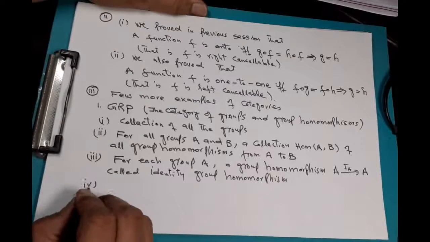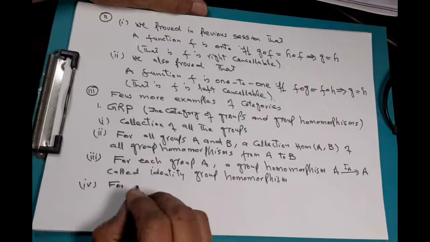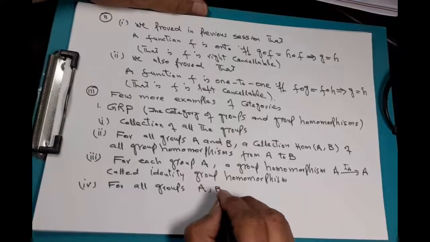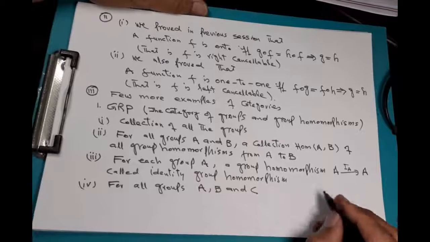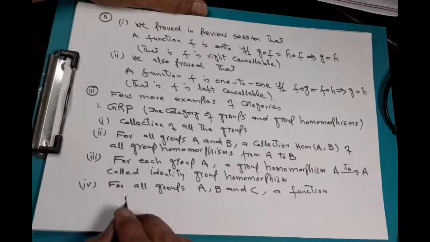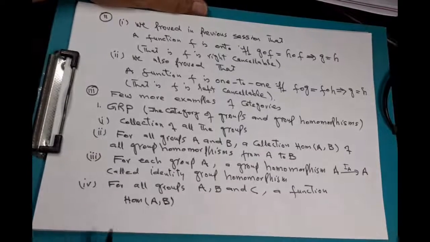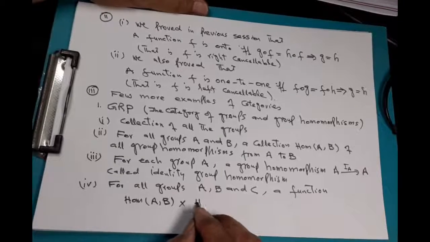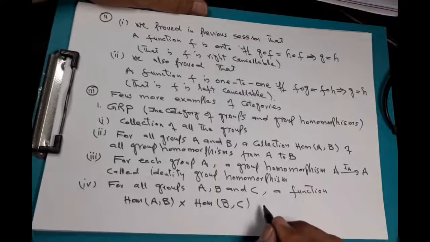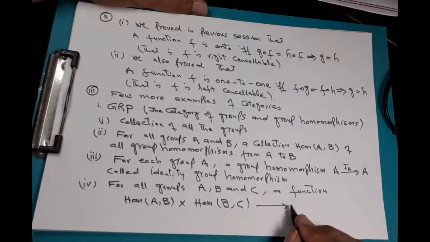And the fourth component is for all groups A, B, and C, a function from Hom(A,B), the collection of all group homomorphisms from A to B, cross Hom(B,C), the collection of all group homomorphisms from B to C. So a function from this to Hom(A,C),